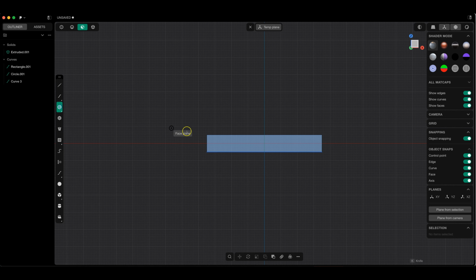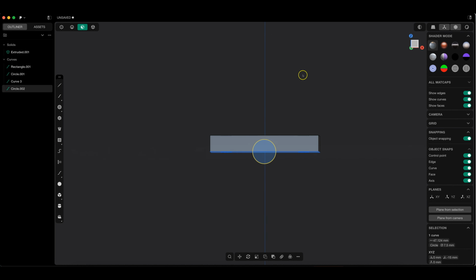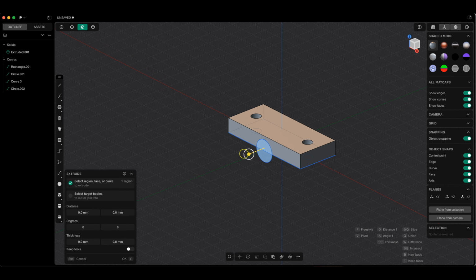I select circle drawing, I place the center of the circle at this point, and then I press the Tab key. I enter 15 as the diameter of the circle and press Enter to confirm it. I close the view of the temporary construction plane,